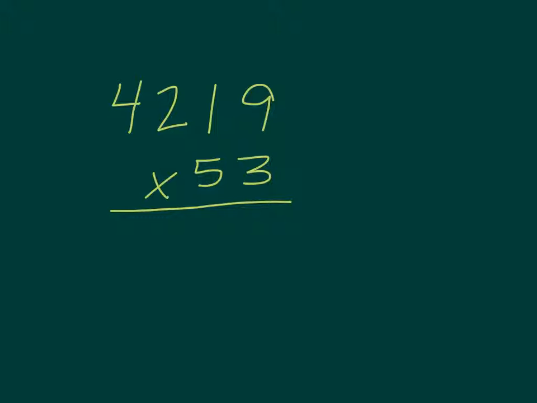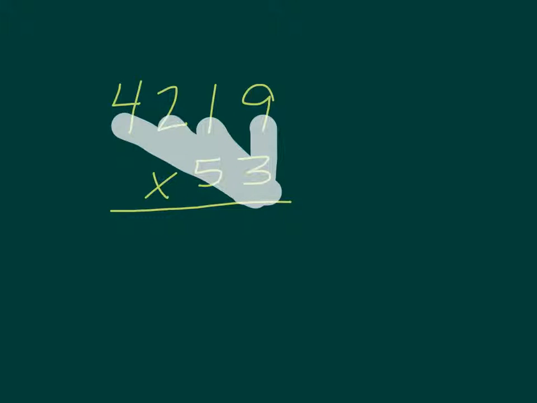So here we have 4,219 times 53. The process begins the exact same. We're going to start multiplying out of the ones place and multiply it up to every single digit this way until we get an entire partial product. Then we're going to remember that next we multiply out of the tens place,